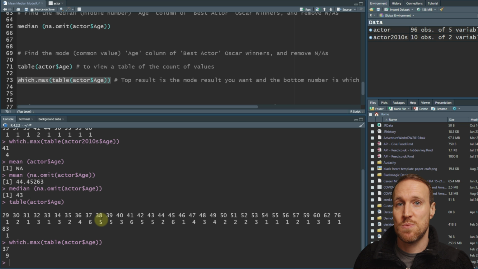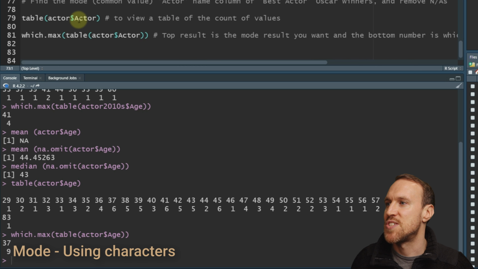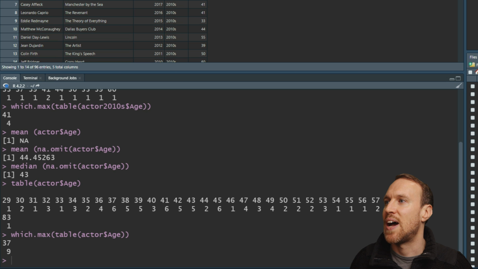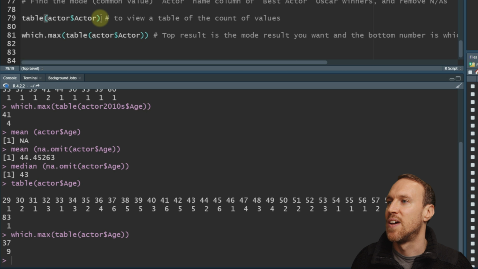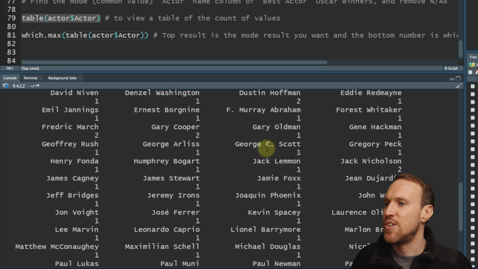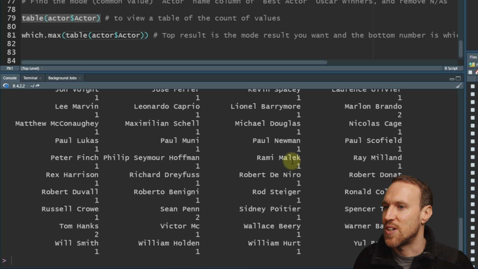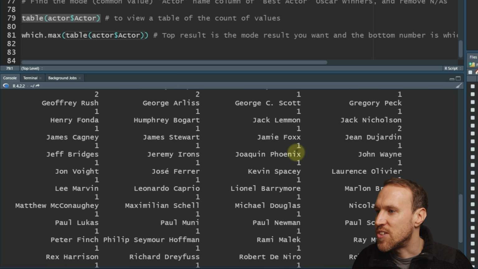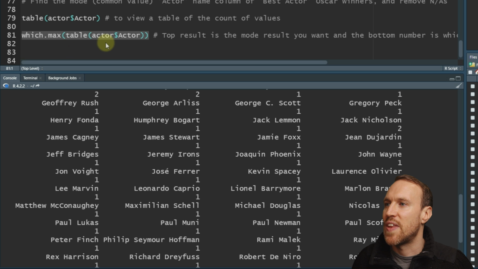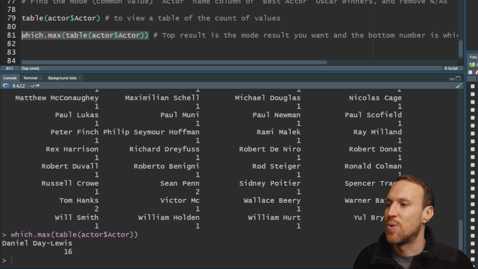And the good thing about using this particular technique as well as a mode is it works well when working with text as well. So if you wanted to know the best actor who's won the most Oscars, you can do that by simply picking out the actor column. So if we show it here, actor is the name and we're not using age anymore. If we were to run that, you can see all the actors and all the counts. Now it's really hard to read, you can't really easily count. You can see 2s, 1s, but if you were to run then with the which.max, it will then give you